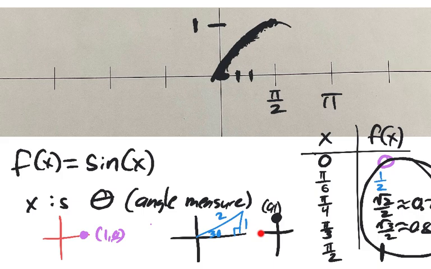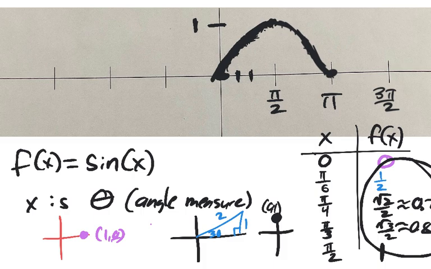Well, that would rotate me here. Sine is the y value. The y value is 0. So once I get to pi, this is back to 0. So I've got a new x intercept. And so we're concave down. But then at some point, it's going to switch back to